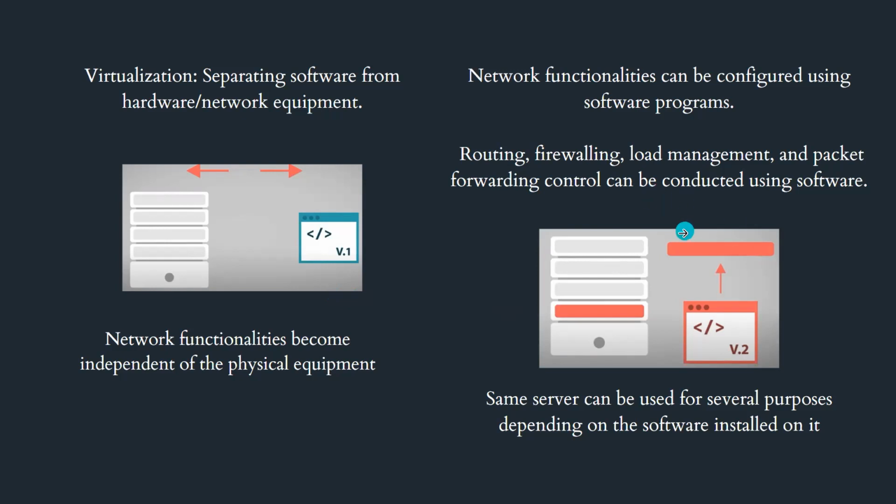Once we have each of the software programs defined, we can install them in a certain server, and the same server can be used for several purposes. Different functions can be installed in the same server, right? We can install routing, firewalling, and load management functions inside the same server. We don't need separate network components or network hardware for the different network functions. The same server can be used for different purposes. So the difference between the traditional network and this